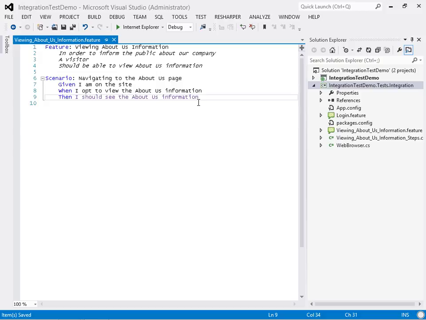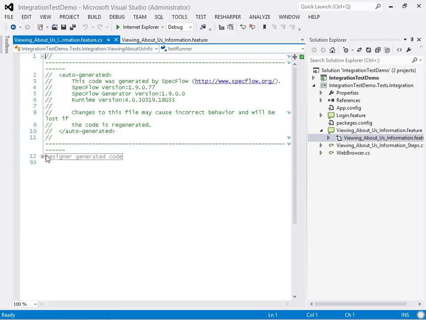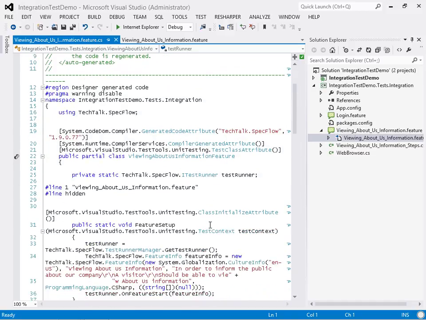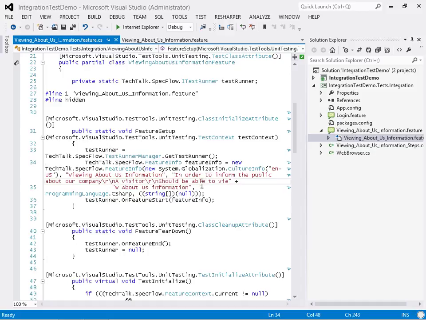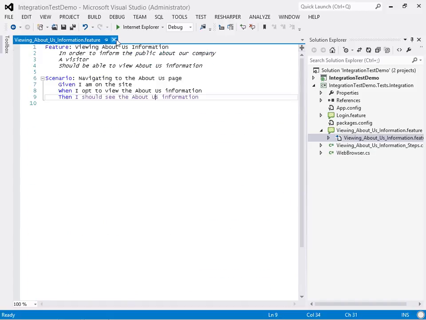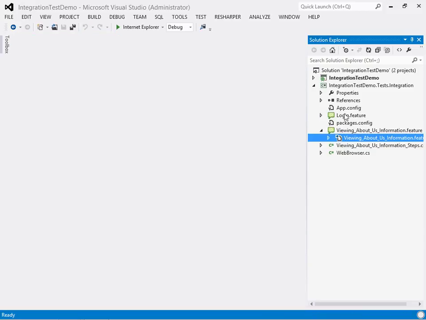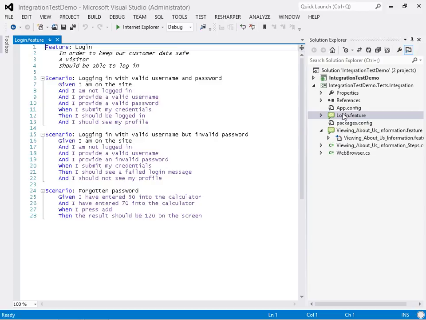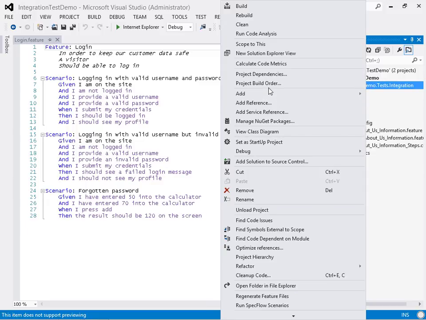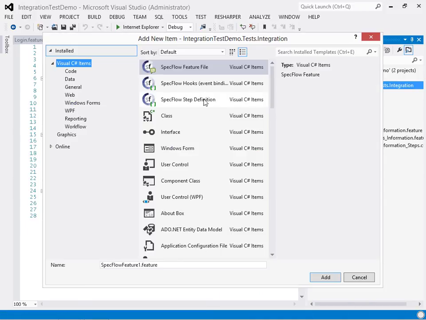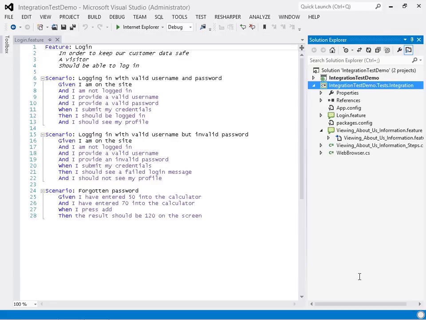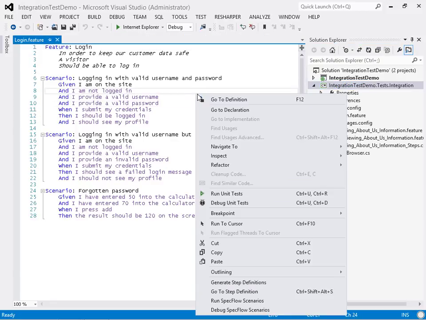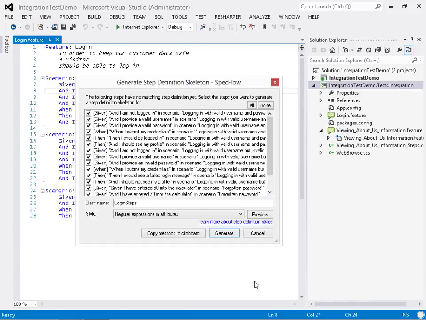And that generates some code for us. That's this file back here that you will almost never want to mess with. And this is basically a lot of code that's tying these English phrases into executable pieces. Now these executable pieces are steps. Okay? And the way you make steps is you can actually add these files yourself by right-clicking, going to Add, and selecting Add SpecFlow Step Definition, or you can actually right-click here in your SpecFlow file, say Generate Step Definitions,